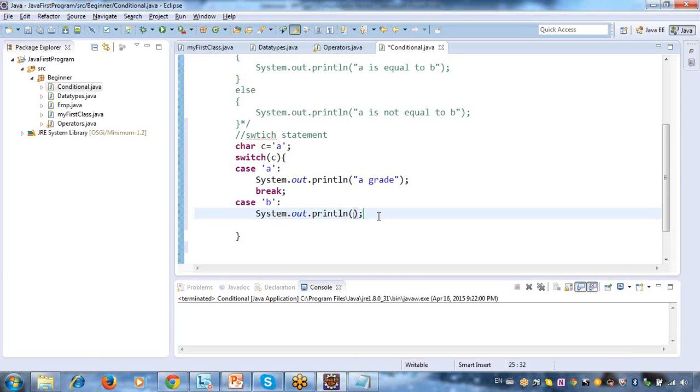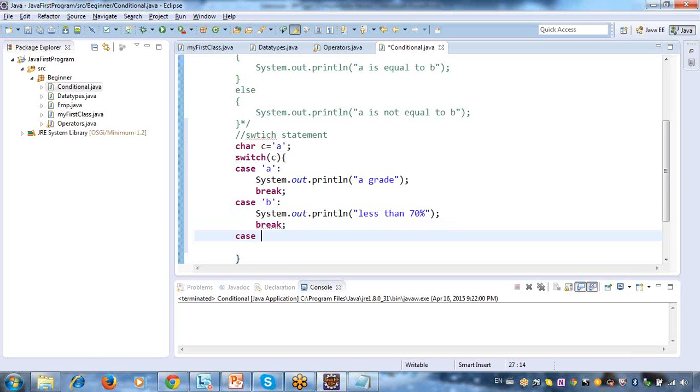So it is less than 70%, and break. Every statement you have to provide your break.